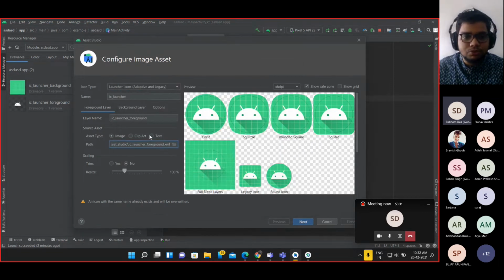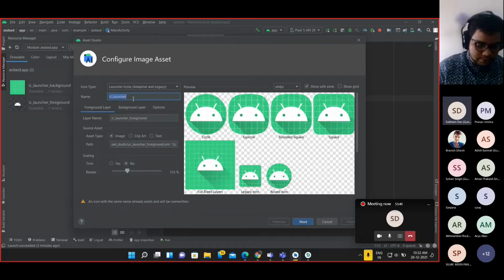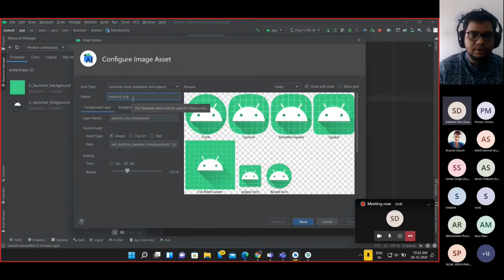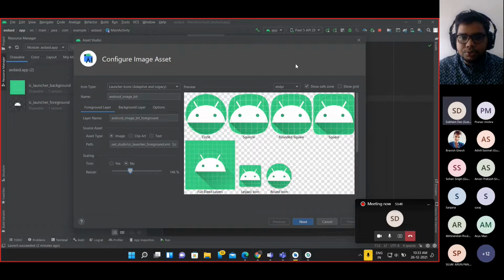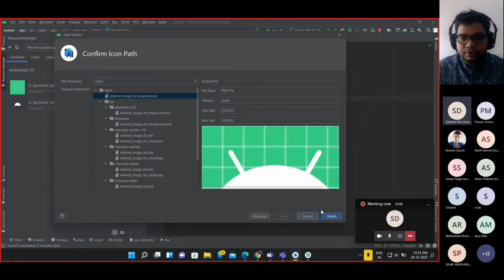I'm not going to choose any, but you can choose and it will show you that particular thing. And you can resize it over here and give it a name, say Android image big, and it should create an image asset for you that you can use in your layout further on.